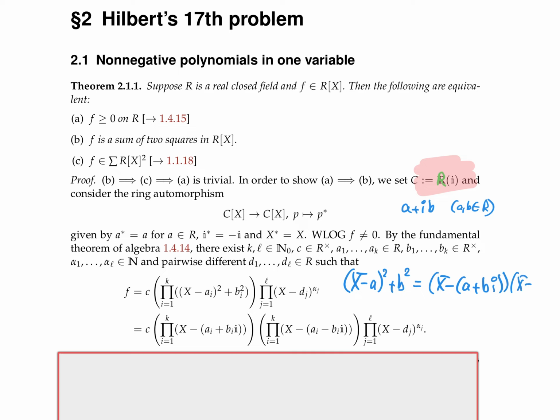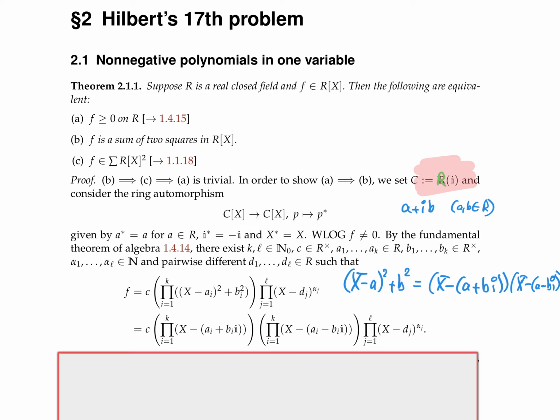times x minus a minus bi. Yeah, so namely, we have seen that already anyway, but if you multiply this, you get x squared. Then you get here a plus bi times a minus bi, but that's a squared plus b squared. And then we need here still the mixed term, that's minus 2xa,